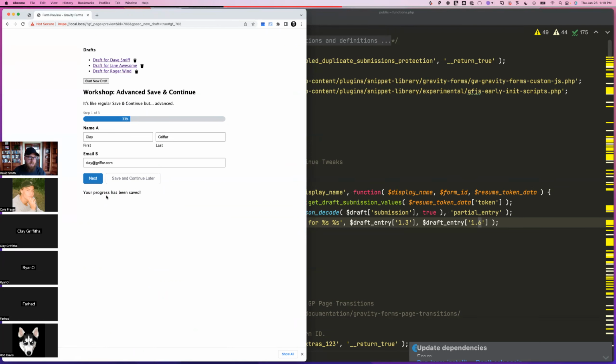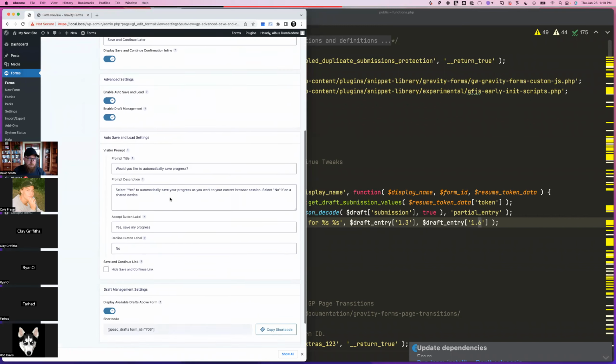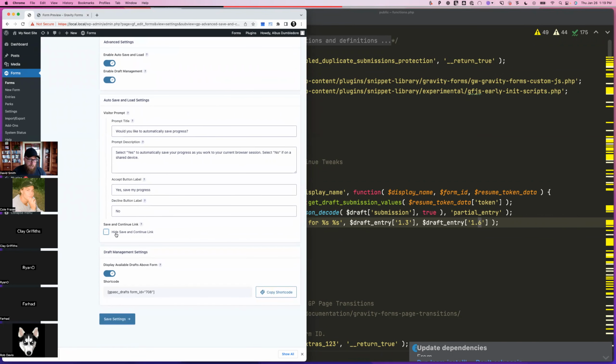And in this case, again, you may not be using all of these features at the same time. You may not be using draft management. You may not even be using the auto save and load. You might just want to use this option where they're saving it. So we're just including a variety of features here so you can configure it as you need. And then I think the last thing I'm going to do here is just show you the simple option